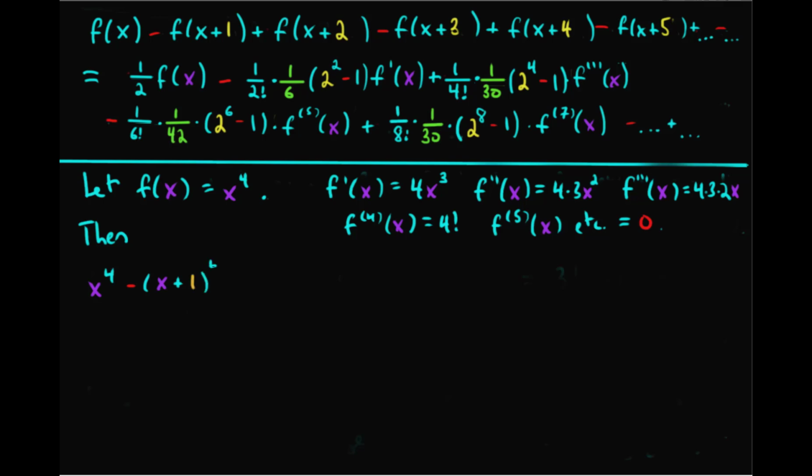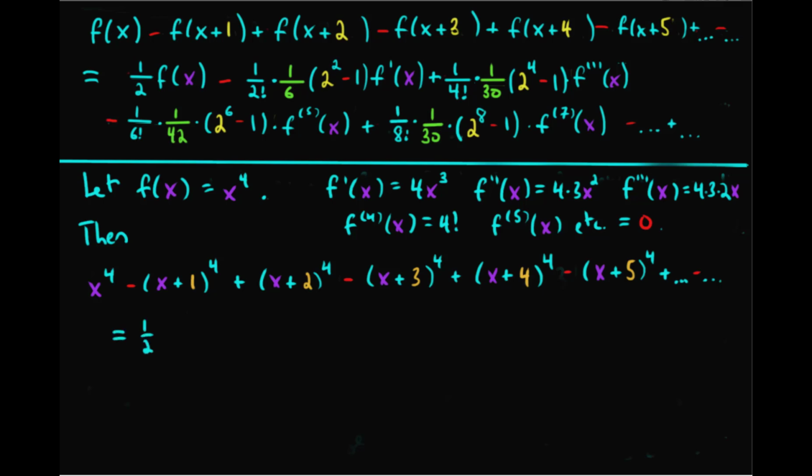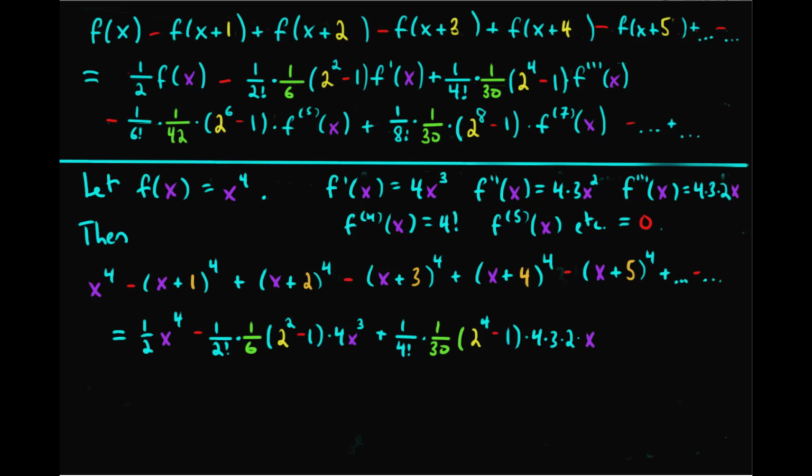Okay, so when we plug in x to the 4th for f of x into the above equation, we have x to the 4th minus the quantity x plus 1 to the 4th plus the quantity x plus 2 to the 4th minus x plus 3 to the 4th plus x plus 4 to the 4th minus x plus 5 to the 4th plus dot dot dot minus dot dot dot equals 1/2 times x to the 4th minus 1 over 2 factorial times 1 over 6 times the quantity 2 squared minus 1 times 4x cubed plus 1 over 4 factorial times 1 over 30 times the quantity 2 to the 4th minus 1 times 4 times 3 times 2 times x to the 1st minus 1 over 6 factorial times 1 over 42 times the quantity 2 to the 6th minus 1 times the fifth derivative of f of x, which equals 0 here, and then all the other terms multiply 0, so then it will be plus 0, minus 0, plus 0, minus 0, and so on. So all those 0 terms drop out, and then when we set x equal to 0, we have